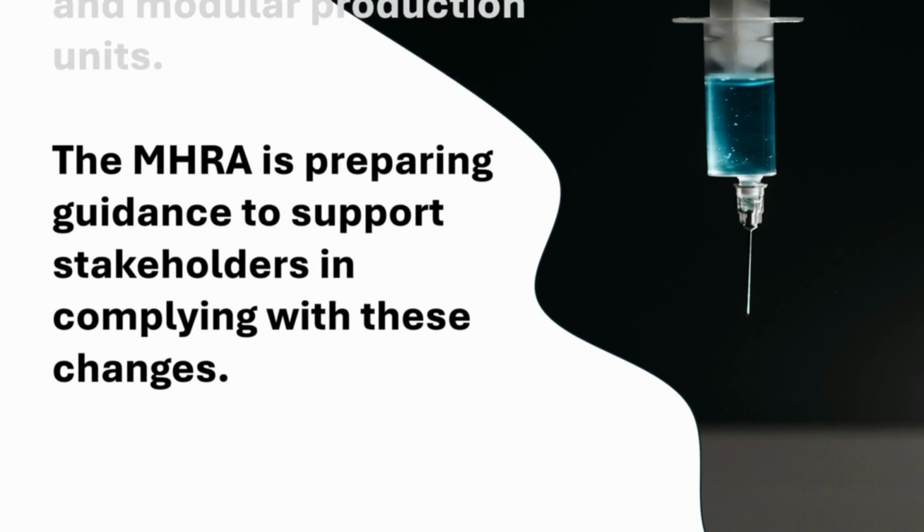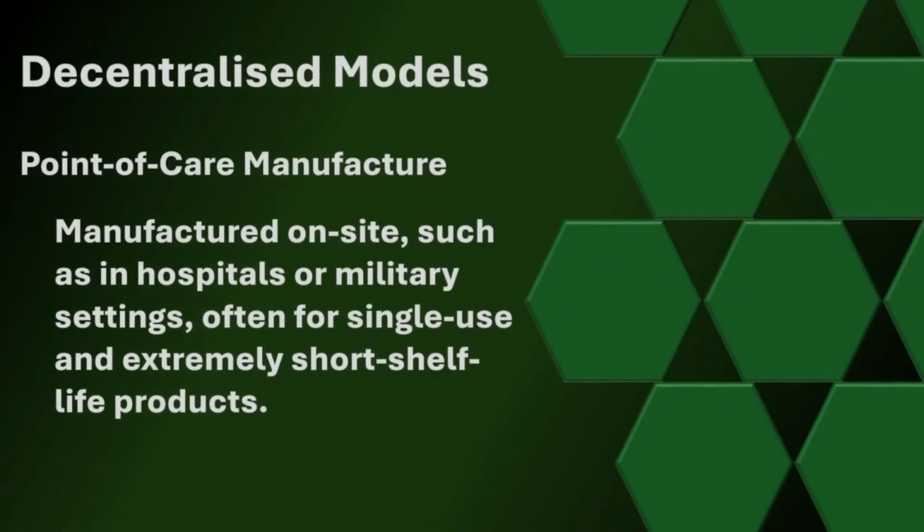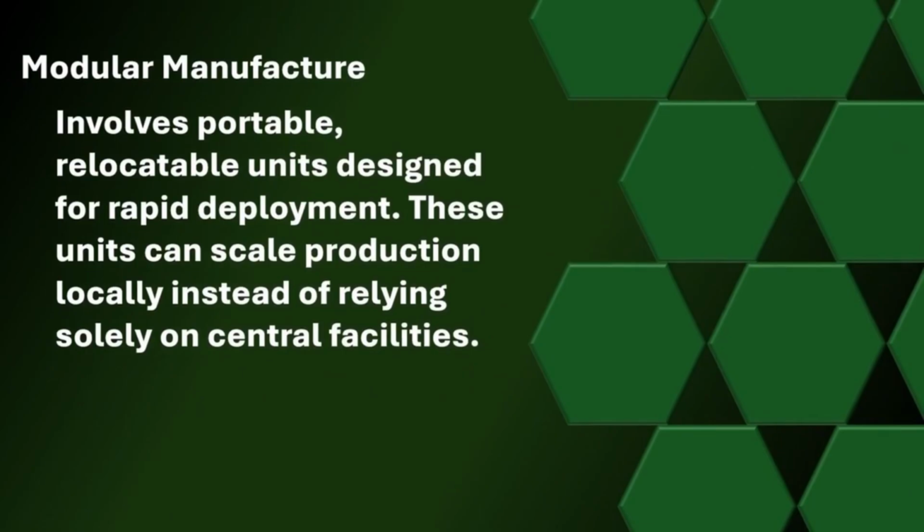The MHRA defines 4 primary models. These are point-of-care manufacturing, which is where products are manufactured on site near the patient, such as in operating theaters or battlefields, often for single-use and extremely short shelf-life products where manufacture away from the point of administration would be unfeasible. Then there's modular manufacture, which involves portable units designed for rapid deployment, such as during pandemics or in rural